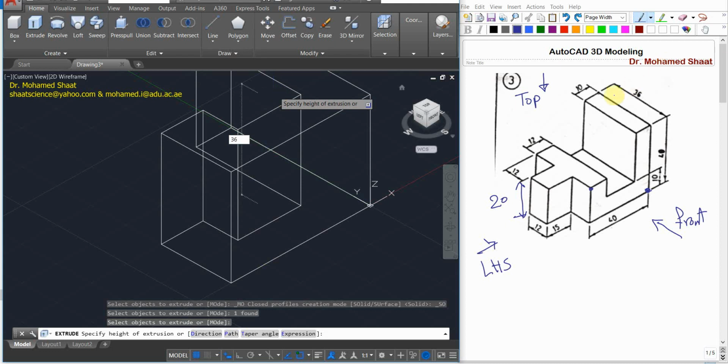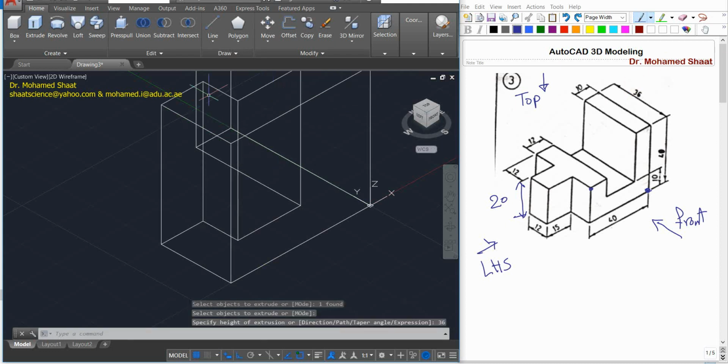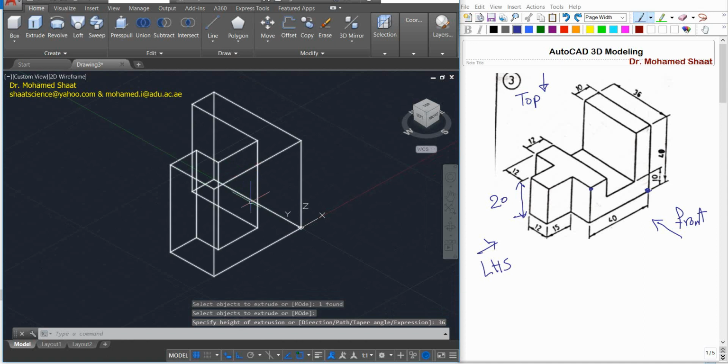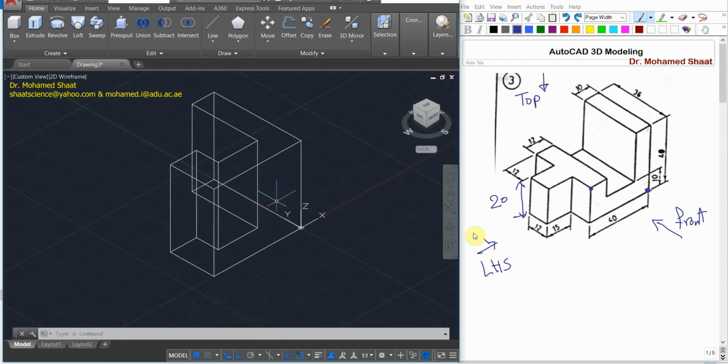This is the extrusion distance here. So I'm just gonna type 36 and press enter. So we end up with the 3D solid. But as you can see, this 3D solid for this part, it is oriented differently than what it was